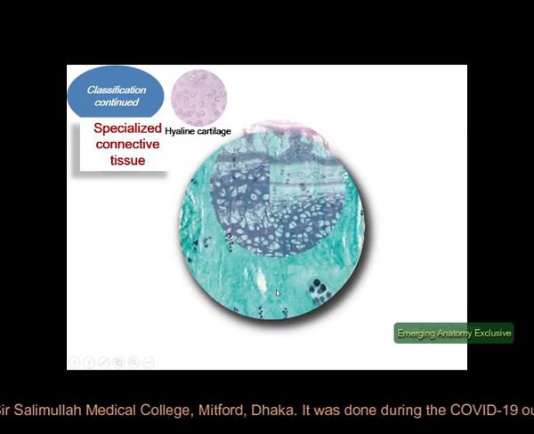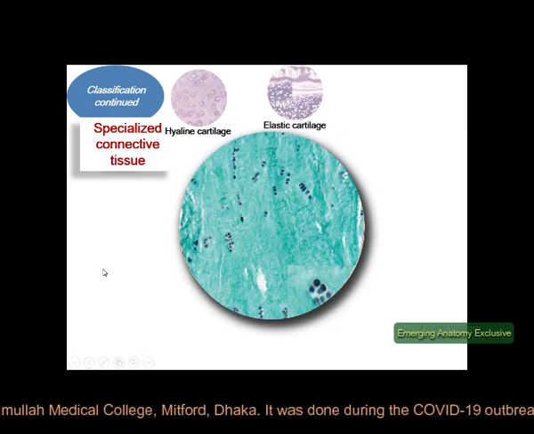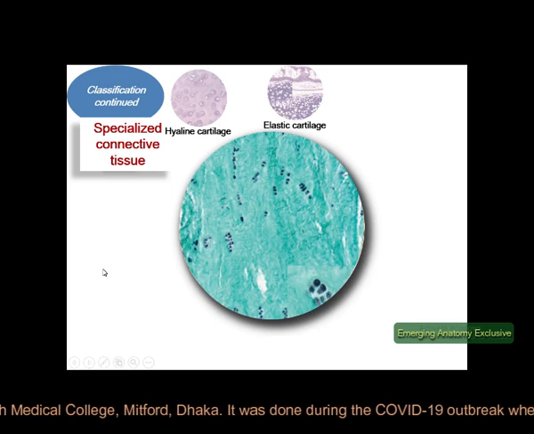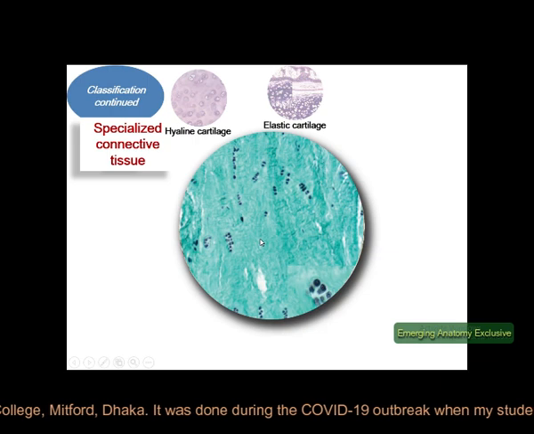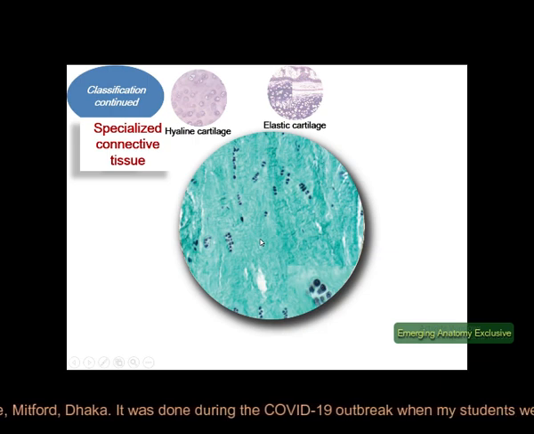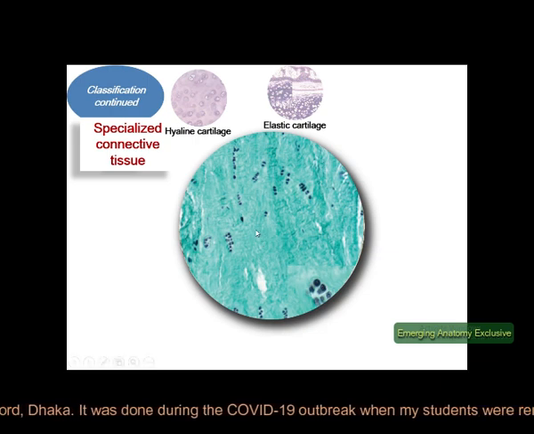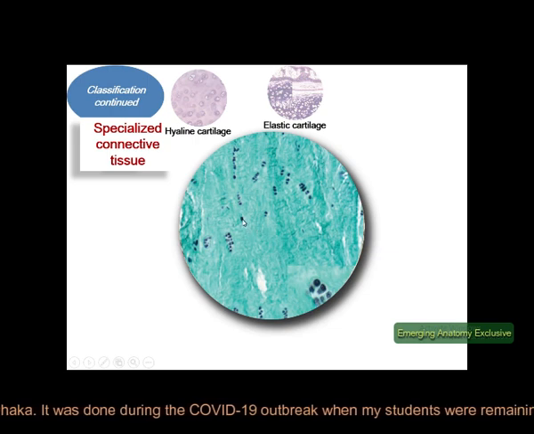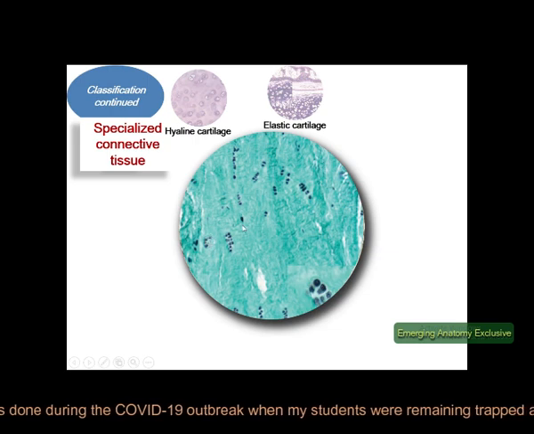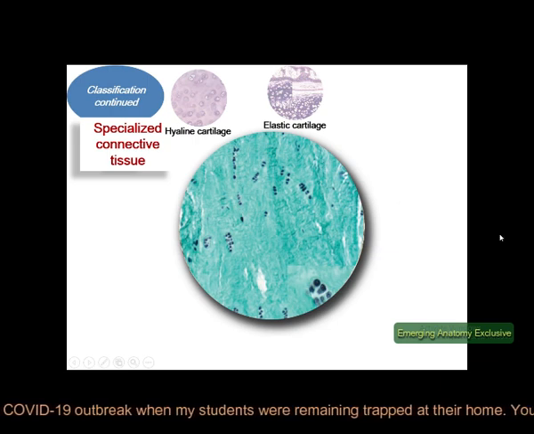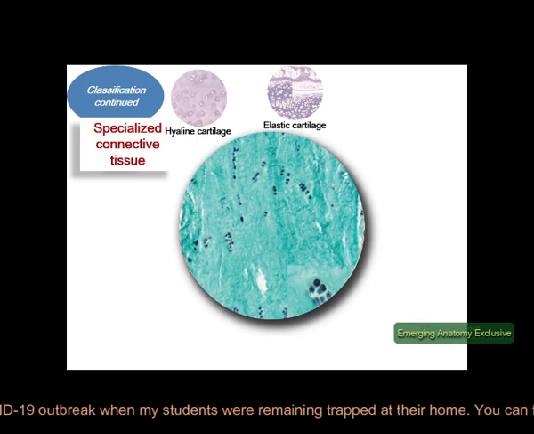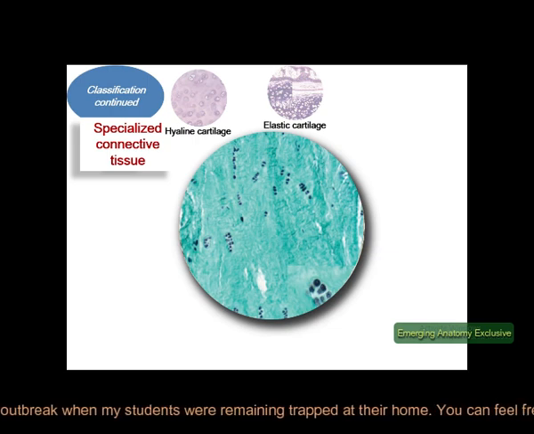Next one is fibrocartilage. It possesses type 2 collagen and large areas of dense connective tissue with type 1 collagen. Here major cells are chondrocytes and fibroblasts. The typical arrangement of chondrocytes is isolated or in isogenous groups and arranged axially. That means they are arranged in a line. For all types of cartilages, other features like presence of perichondrium, location, function, etc.